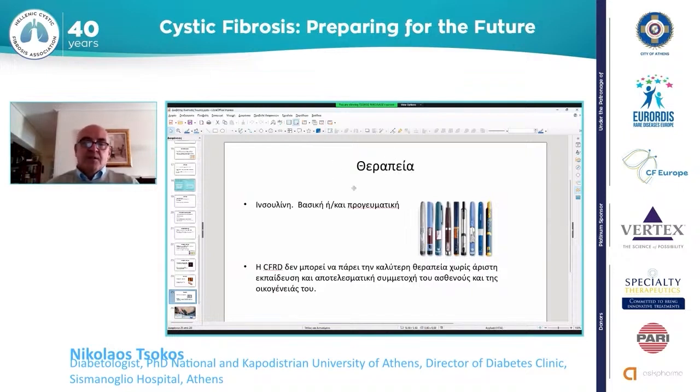The treatment. We don't have many weapons in our armamentarium. Insulin, the basal or the prandial one. CF-related diabetes cannot get the best treatment without perfect education, training, and the participation both of the patient and the family. Many times, because we do have a reduced glucose production by the liver at night,